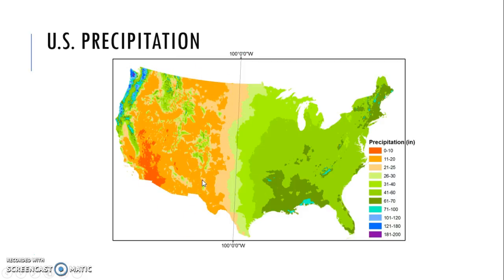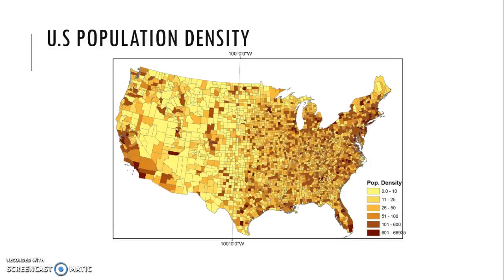So basically, it's too dry to support a large population. Okay, and basically what we see here is that this 100-degree longitude pretty much matches with the drop in population between east and west. So this is an example of how precipitation can have a big influence